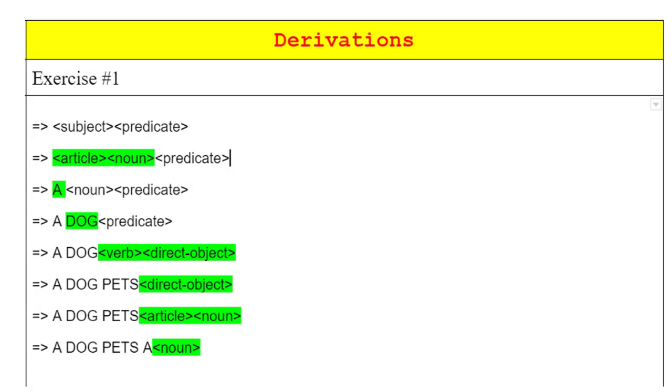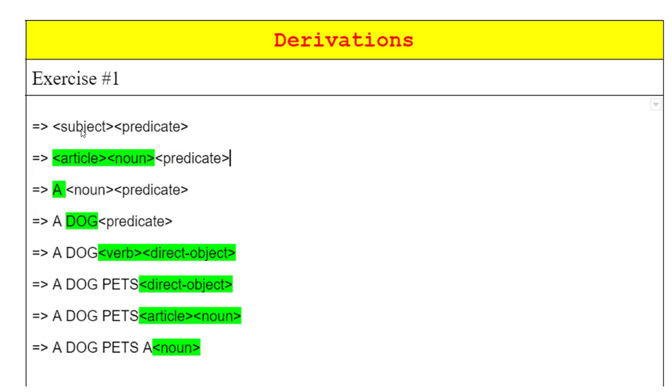Let's go over our left derivation for exercise number one. First you'll notice we go to subject and predicate, and that's because that was our starting set. We have to start with the start of the grammar and then try to have it match what we want for our target syntax. So you'll see I've got subject and predicate laid out for us. In the leftmost derivation, I'm going to completely ignore predicate, so I'm going to move subject and